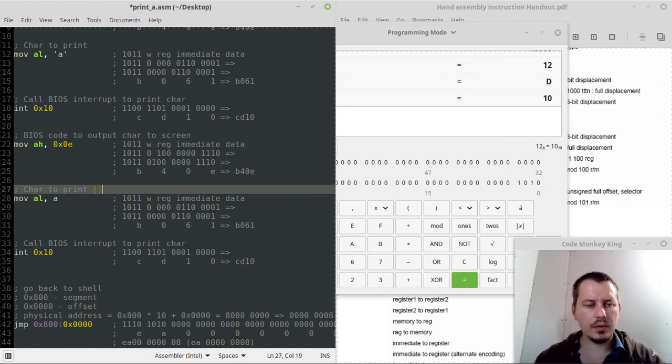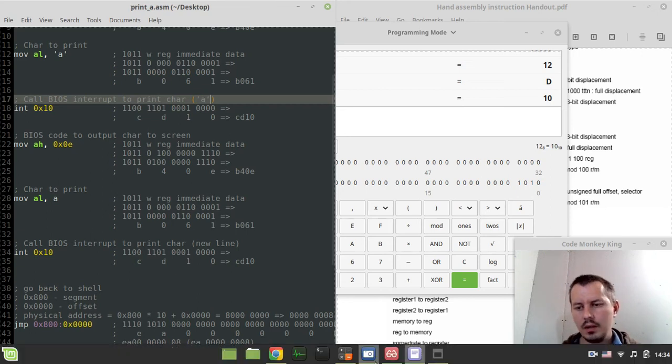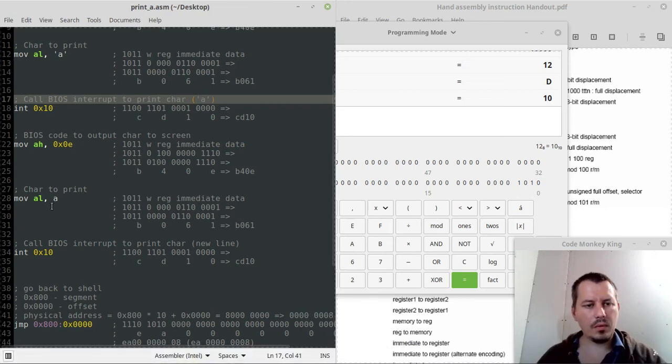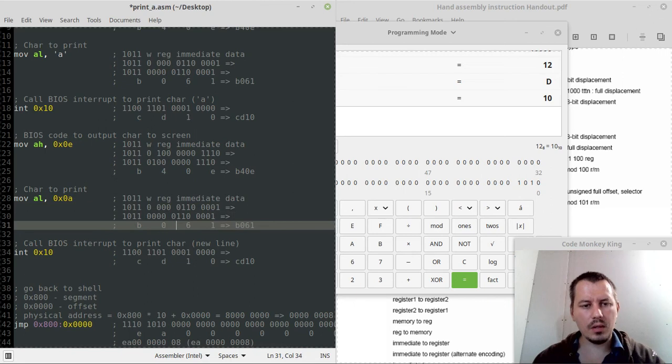So here print char new line. Here we print the character A, okay. So the register is the same, and all we need to change, so B0 would be the same, and we just need to change to A, so it would be like hexadecimal 0A. So this is how this can be encoded, okay? And this is gonna be 0 and